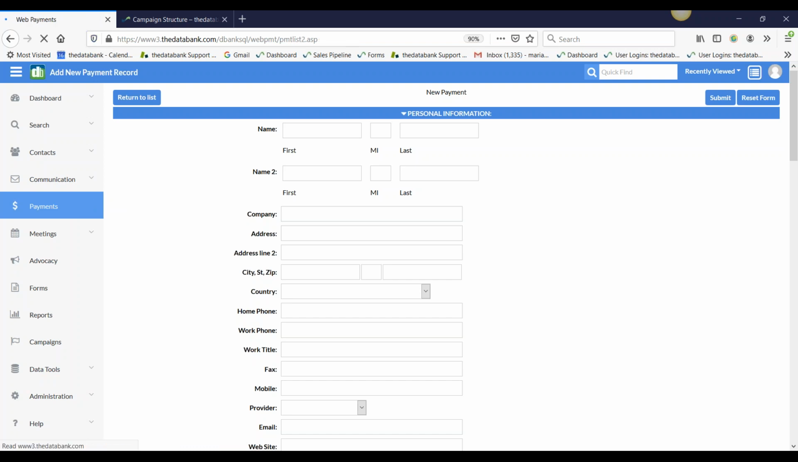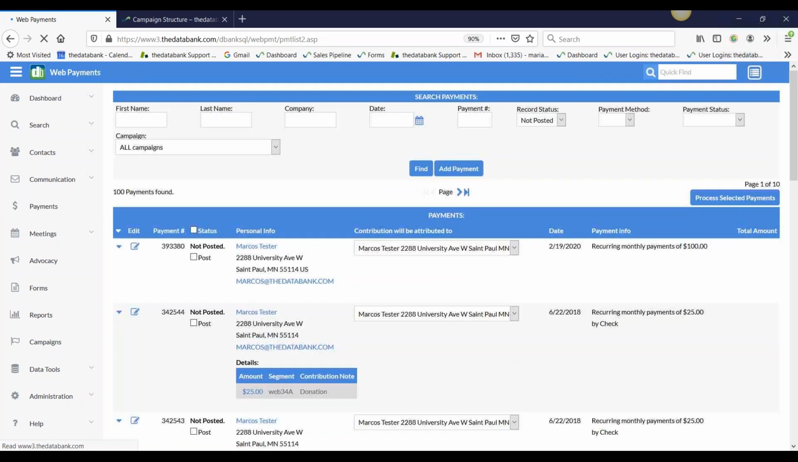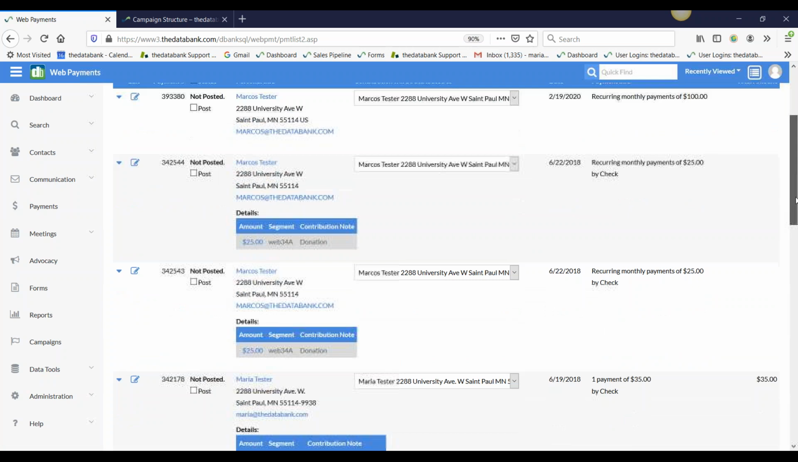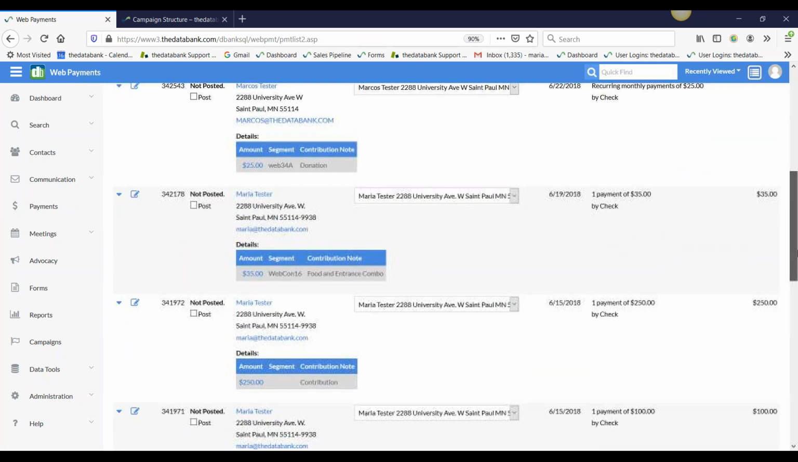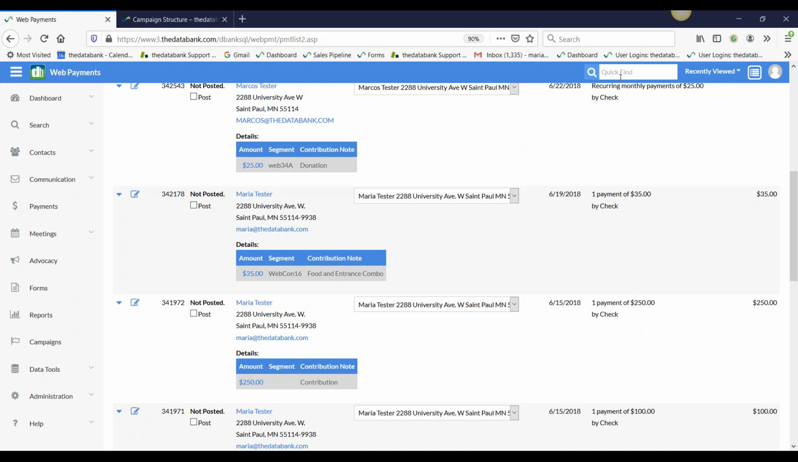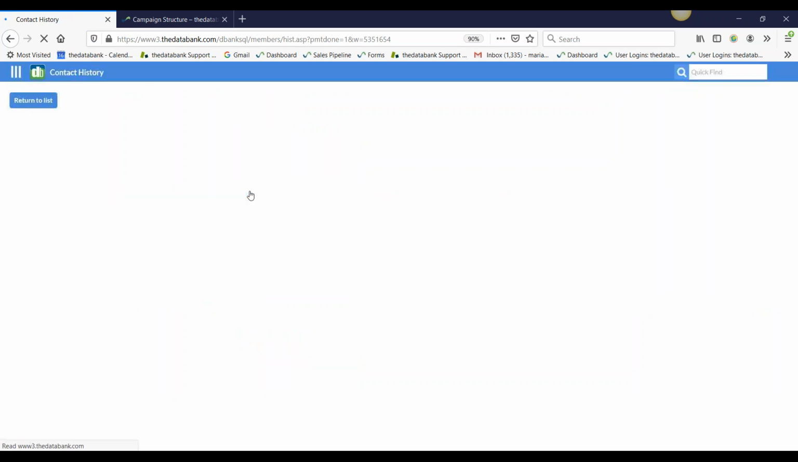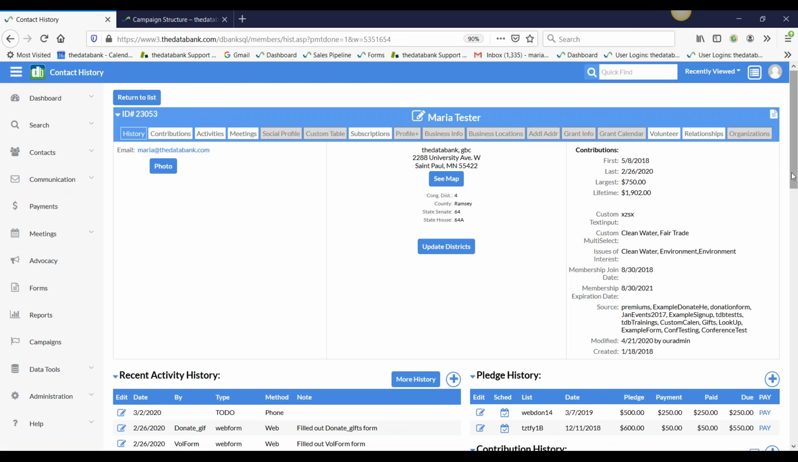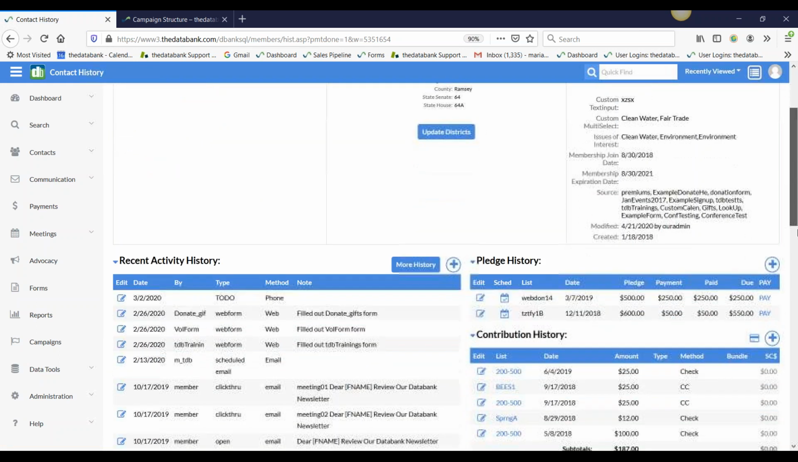However, in most cases, you're going to want to enter a payment for a contact that already exists within your data bank. So what you're going to do is go to that contact record. Whether you search via their contact ID, their name, or email address, that's the easiest way for you to go ahead and do that. So in this case, I'm just going to go to Maria Tester's account,